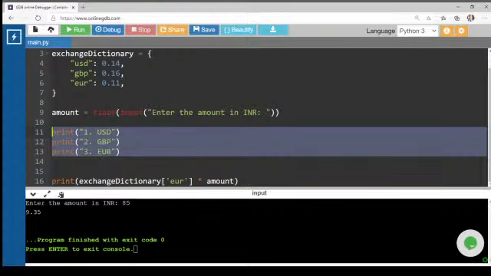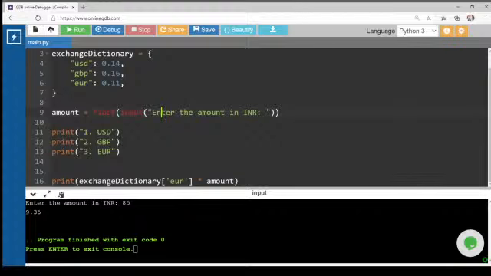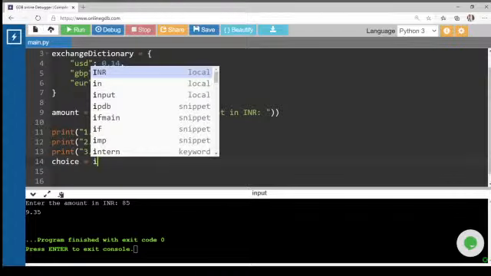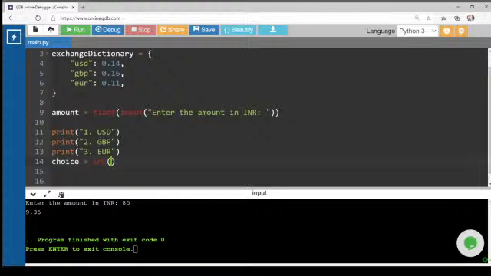After inputting the amount, I'll show a menu. I can even show the menu before inputting the amount. And then I'll ask him to enter a choice, that which currency he wants to convert to. And to keep it simple, I will only ask him to enter 1, 2 or 3. Okay. So I'll make a variable to store this choice. Let's call it choice equal to, the choice will be saved as an integer. It will be input from the user. You have to provide a message, and that will be